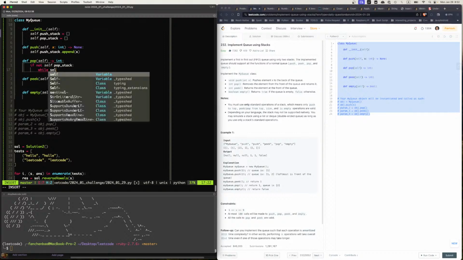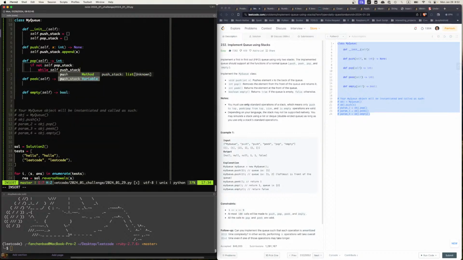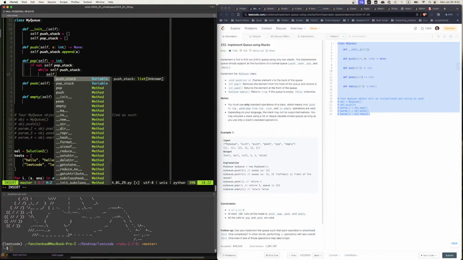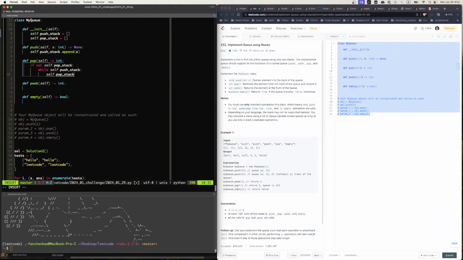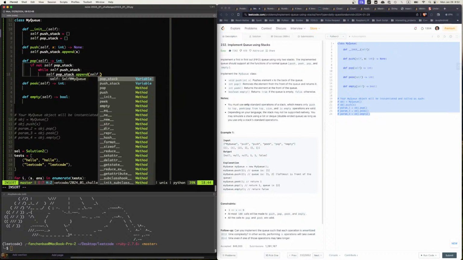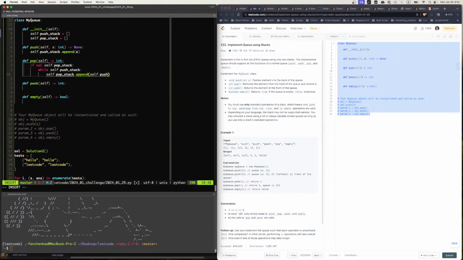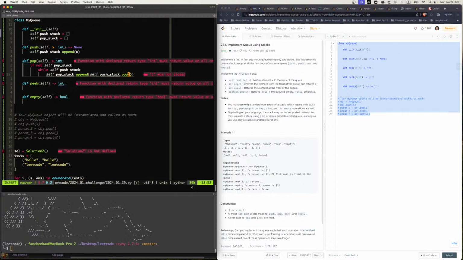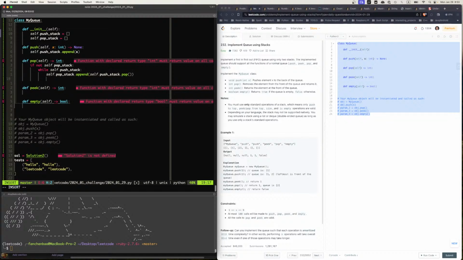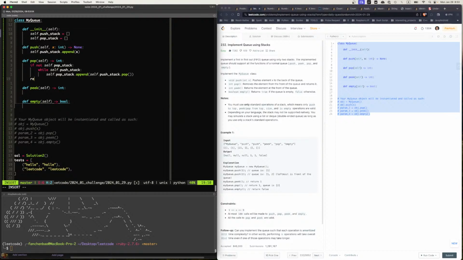Say while self dot push stack, self dot pop stack dot append self dot push stack dot pop. Right? So push, push, push, pop, and then push, pop, and push, pop, and push. And then we'll return